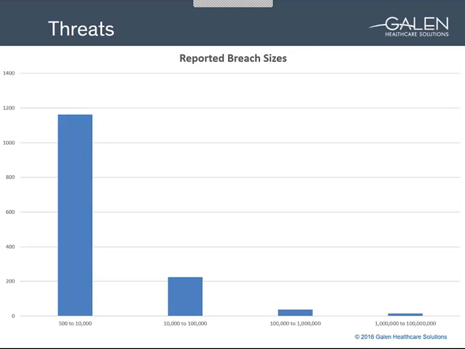And finally, the size of the breaches. This also goes well with that previous slide, where you'd expect that my phone probably doesn't contain 100 million patient records. It might contain an email with a spreadsheet in it that had 1,000 patient records, or maybe a PDF with 1 patient record. And so if theft of portable devices was a significant source of breaches, you'd expect most of the breaches to be on the smaller side in terms of the quantity of patients,